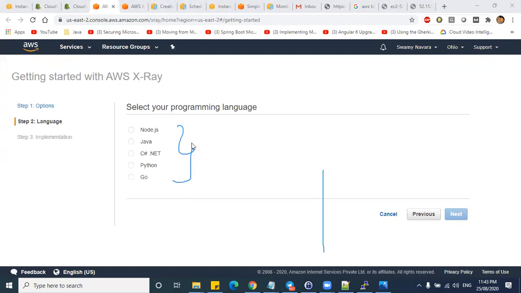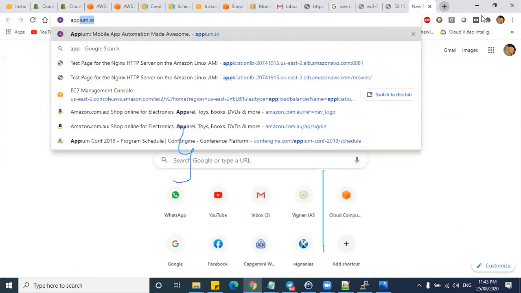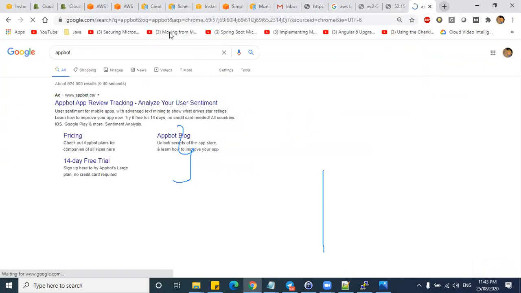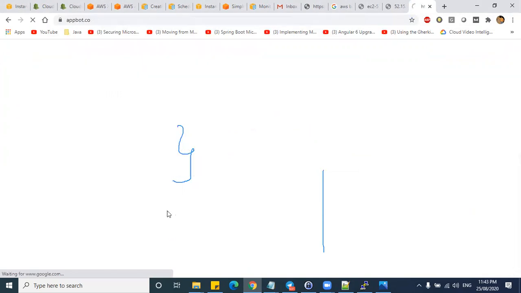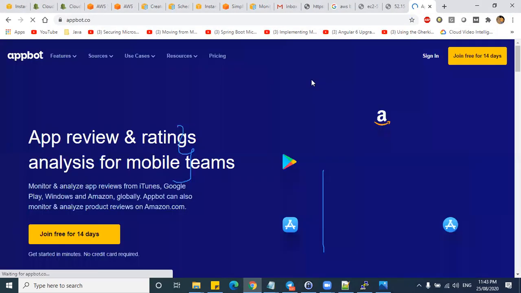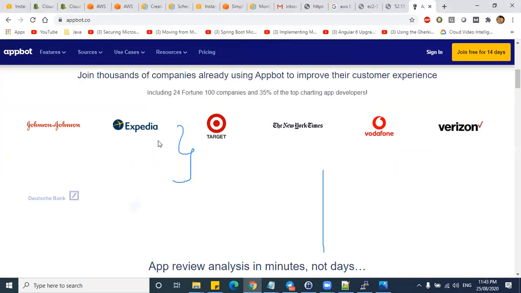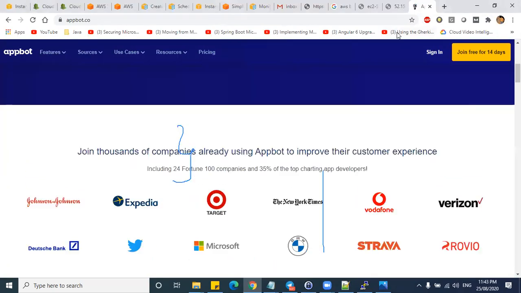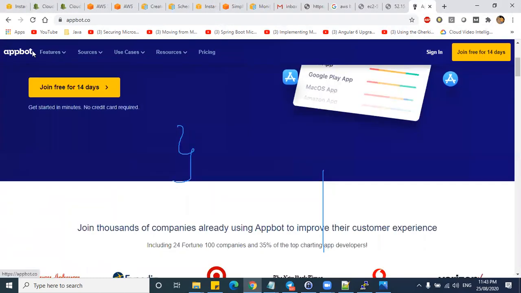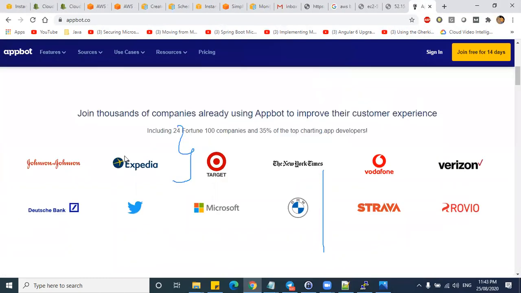Earlier, traditionally, they depended on companies like AppBot. Say you want to find out the sentiment of a particular mobile application you have developed, and check how people are reacting. AppBot provides a library. If you install their library inside your company build, they automatically monitor all your customer analytics. Now AWS itself is providing you that option.